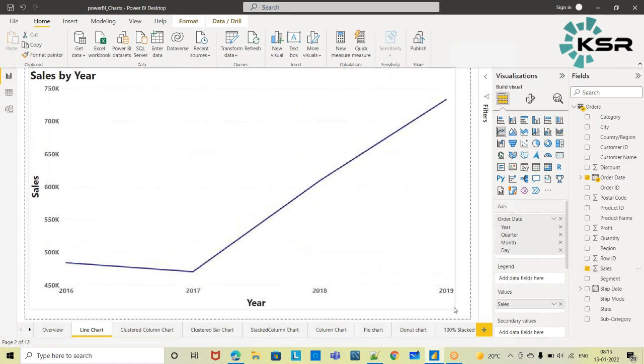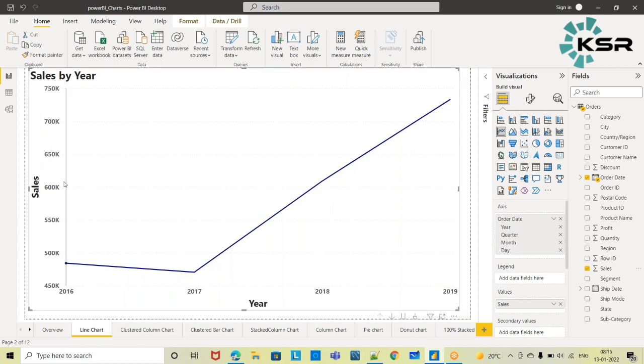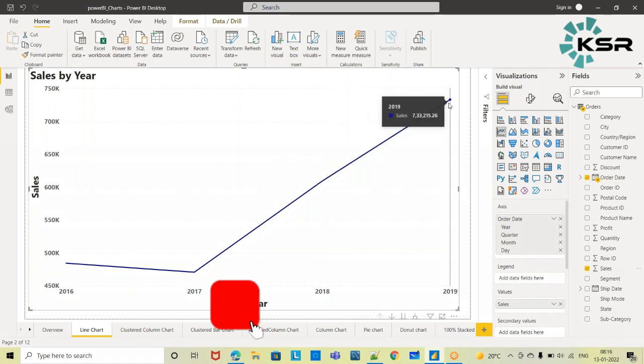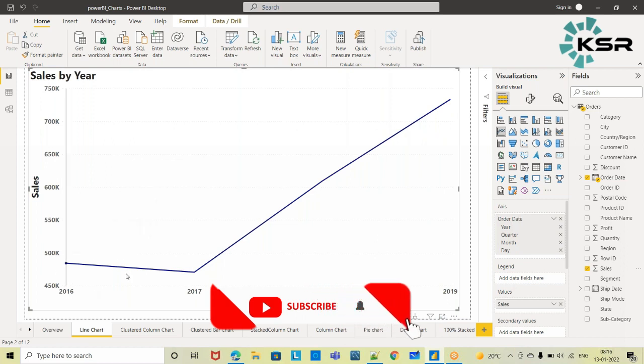So now here we can do the time period analysis, meaning what is the sales happening during 2016? It is 4,84,000. Now that has dropped to 4,70,000 during 2017. And again it has increased in 2018 to 6,09,000, and in 2019 again it has increased to 7 lakhs. So this time related information, year wise, not only year wise, okay, if in this date hierarchy you are